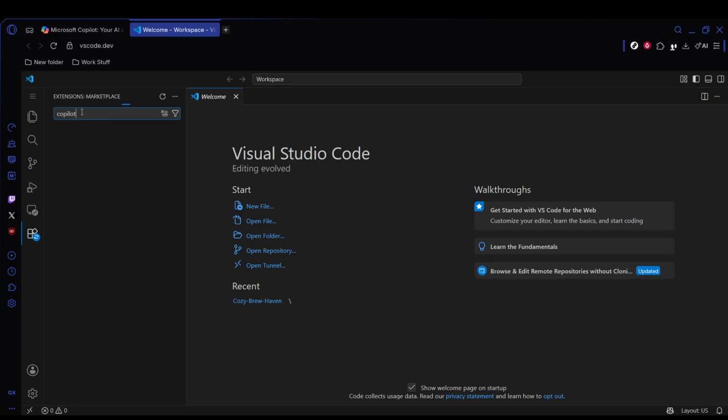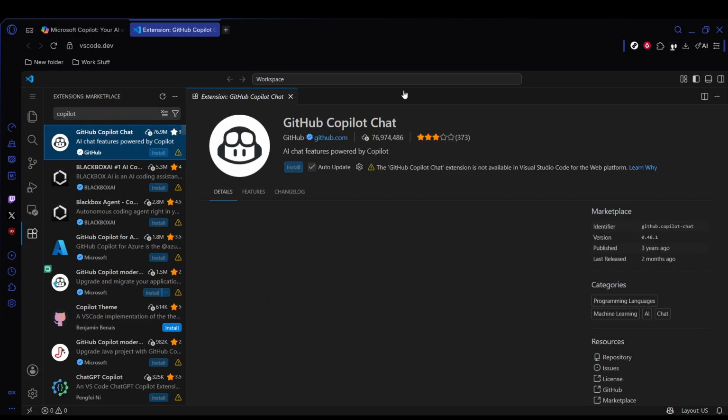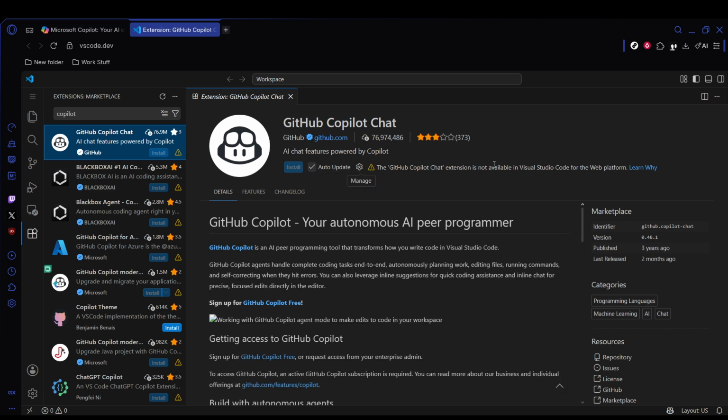From the menu that appears, select Show Output. This will open the Output panel where you can view real-time Copilot activity and response logs. This area is especially useful if you want to confirm that Copilot is active, see when it is responding, or get a better sense of how it is behaving while you work. If you're troubleshooting or simply curious about Copilot's current activity, this is the best place to start inside Visual Studio